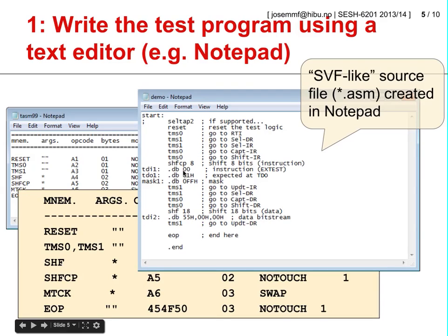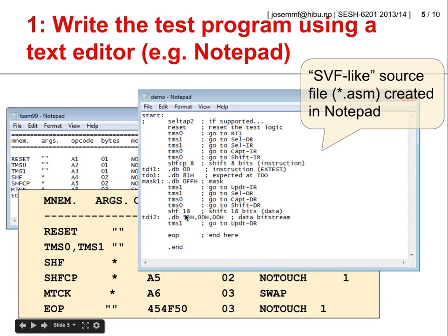What this command shows is that the bit stream to be shifted in is all zeros, which corresponds to the external test instruction. And since this is a shift and compare command, we will be indicating what is the expected bit stream to come out at the test data output pin from the board. And using an all-one mask indicates that we know that every bit coming out of TDO should be as indicated in this bit stream. Then we can update the instruction register, move on to the shift data register state, and